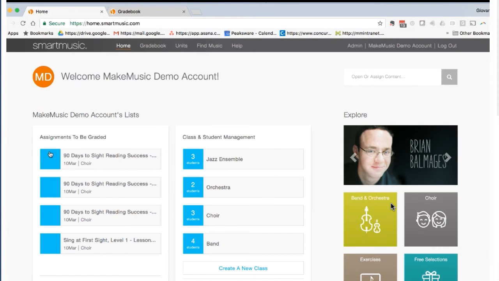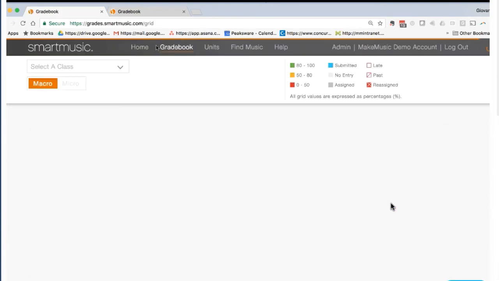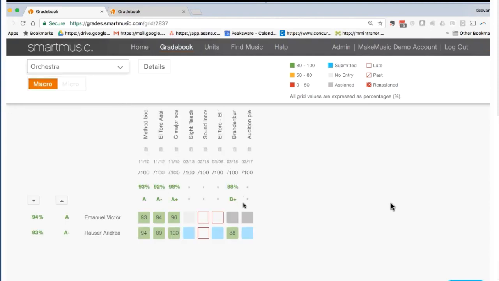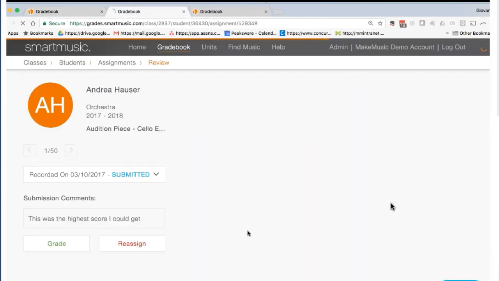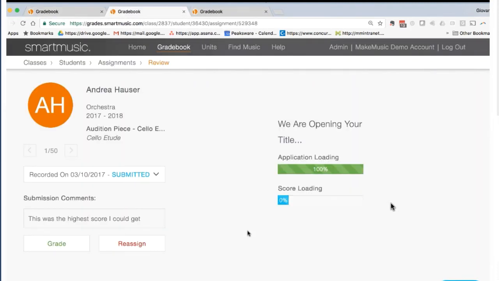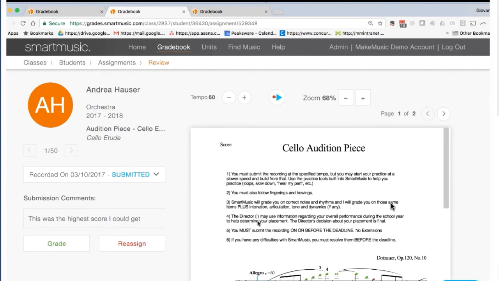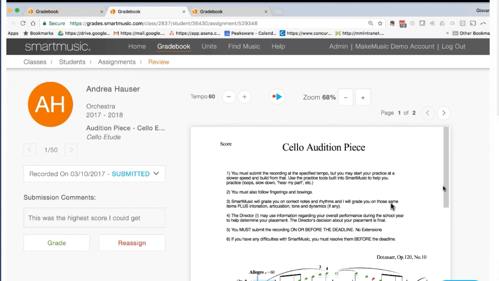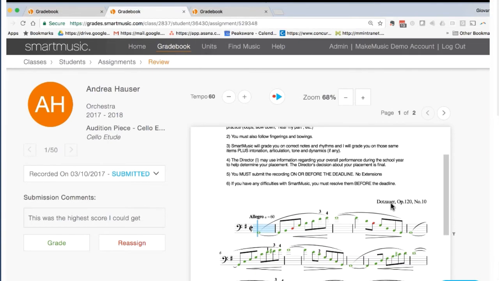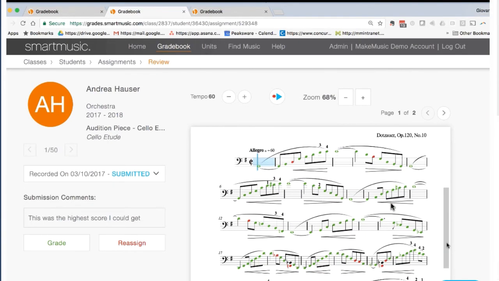So in the gray bar at the top, the teacher clicks on gradebook, and they can see all of the submissions. The audition piece is the last one on the right. And when they open it, the teacher can see everything that the student did. The red and the green note assessment. They can hear the recording. And then they can grade it. And in the grading process,